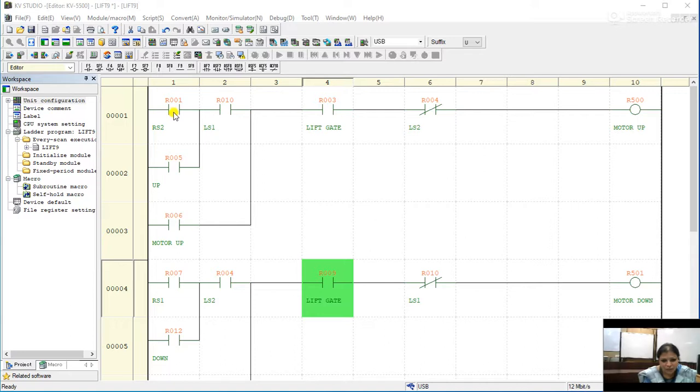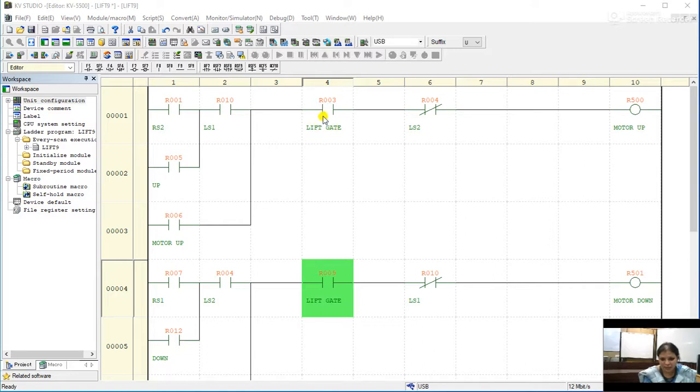Here the first switch RS2 indicates the request switch by the user, named 1, 2, 3 depending upon the number of floors used in the lift control. Limit switches sense the moment the lift leaves or activates any floor, so you can see the position of the lift. The lift gate makes sure that the user is completely inside or outside the lift.